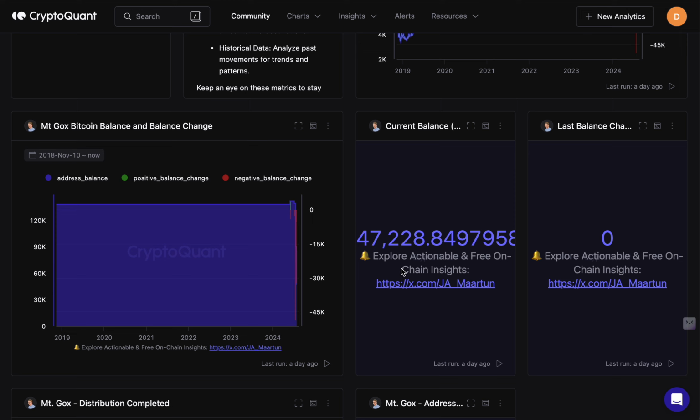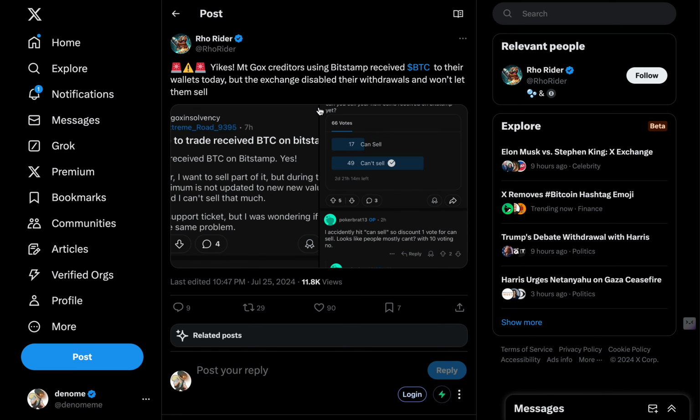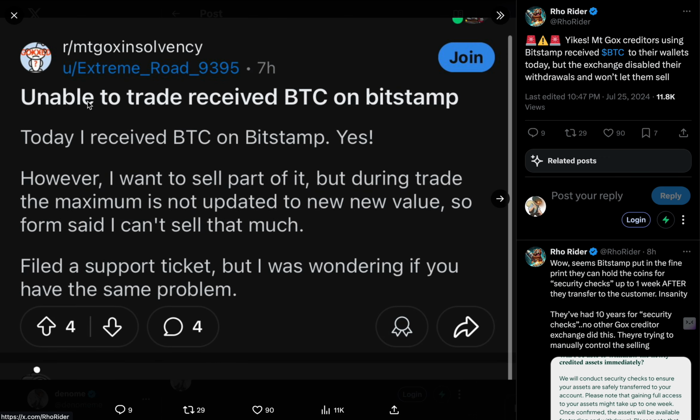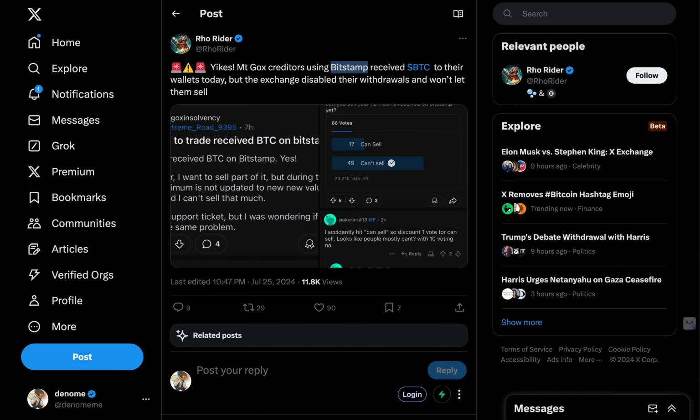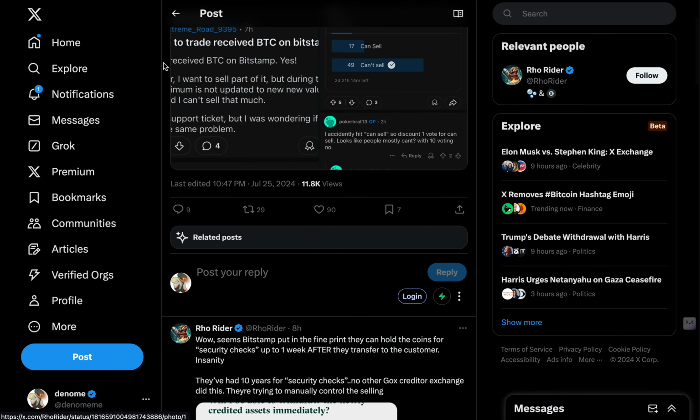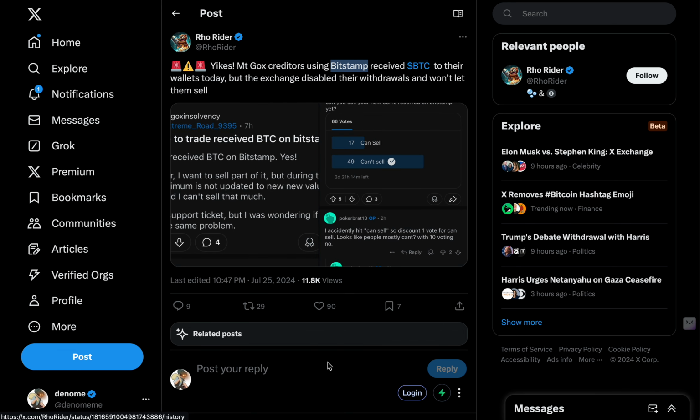Bitcoin in their reserves, and another, I think 47,000 roughly, or 42,000, I don't remember exactly, is currently at Bitstamp. But there's some, let's call it FUD, surrounding the Bitstamp allocation to Mt. Gox creditors, because there are now people who say that they are unable to trade or even withdraw the Bitcoin that they received on Bitstamp. I don't know what's going on with this one, but I thought this was interesting. Bitstamp themselves have said that it will take about 7 days for them to release this. So I think that the FUD is simply